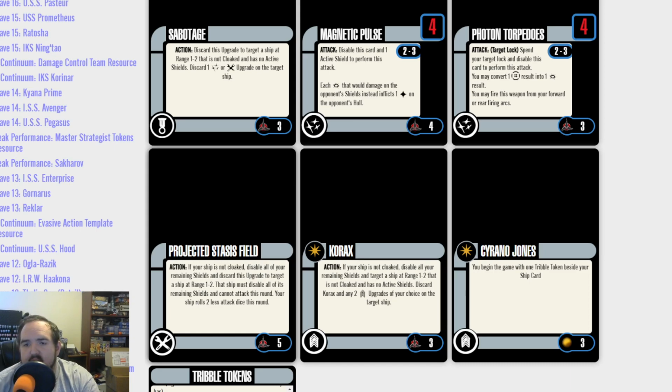Corax, for 3 points, an action. If your ship's not cloaked, disable all your remaining shields. Target a ship at range 1 to 2 that's not cloaked, has no active shields. Discard Corax and any 2 crew of your choice on the target ship. We've seen some of these where you get to discard 1 for 1. I like the 1 for 2. I don't love the more expensive, but